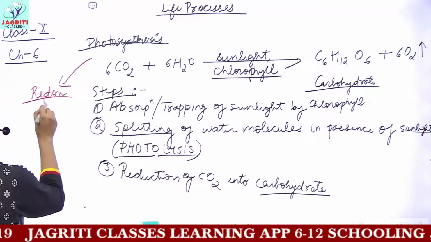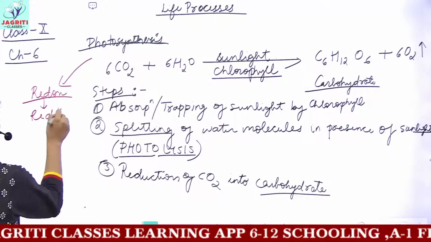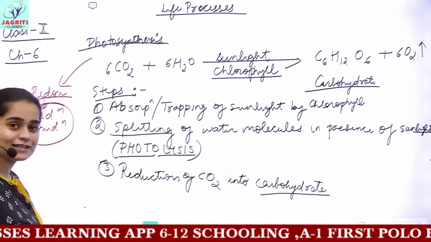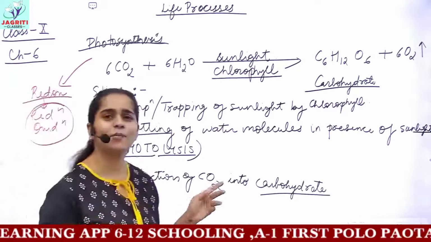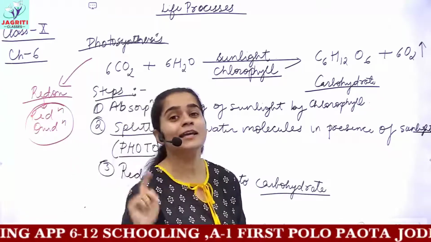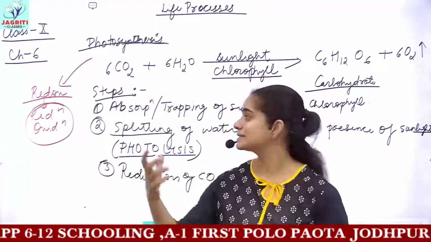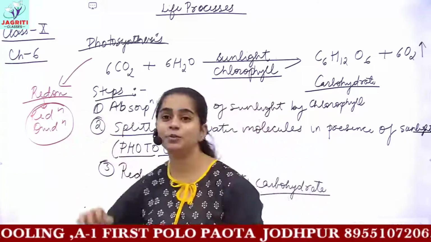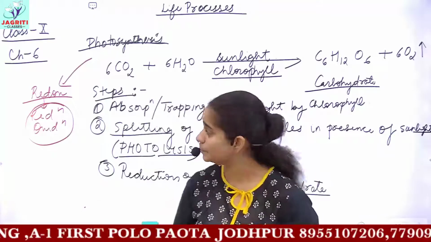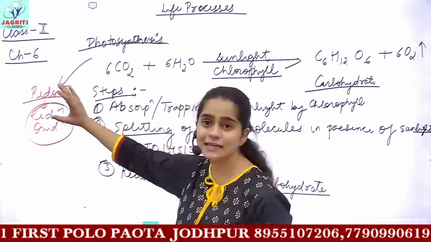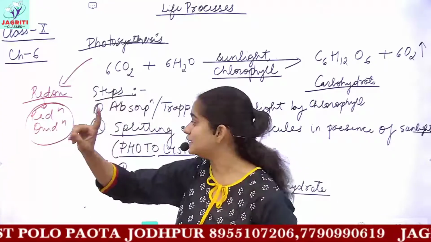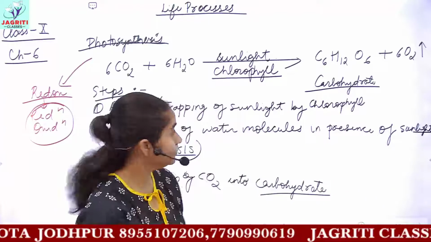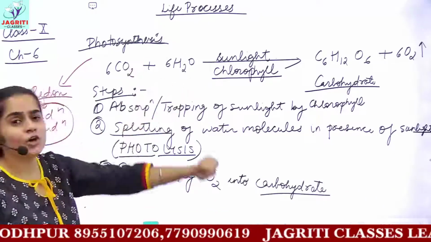Redox means that in this process, reduction and oxidation occur simultaneously. If you do not know about redox, you can watch my earlier video lectures where we discussed different types of reactions and what we mean by reduction and oxidation. So a redox reaction is basically when two processes, one reduction and one oxidation, occur simultaneously. So this is a kind of redox reaction.